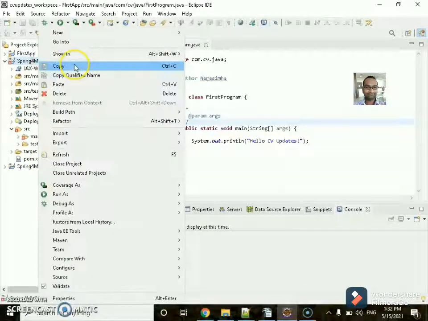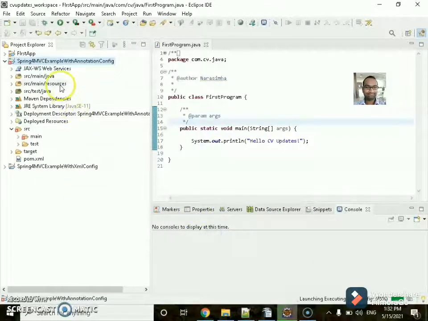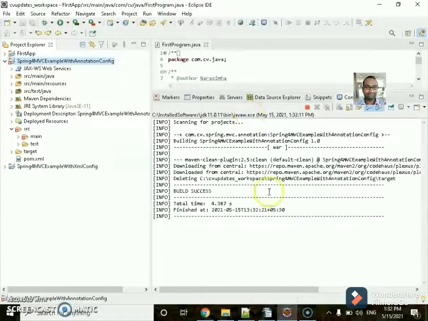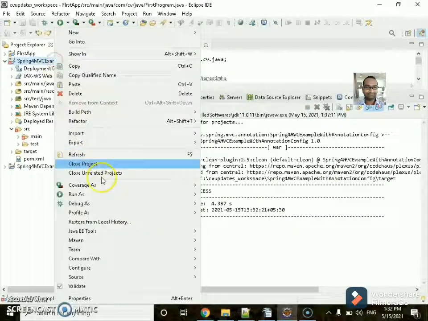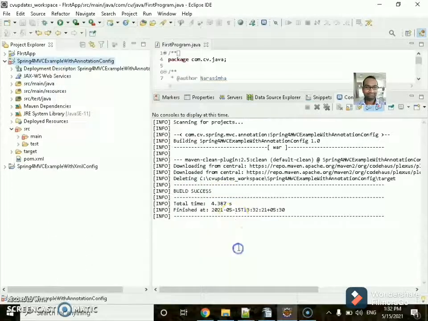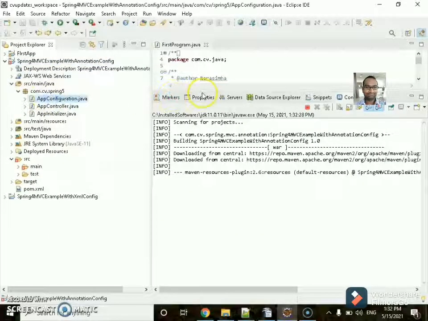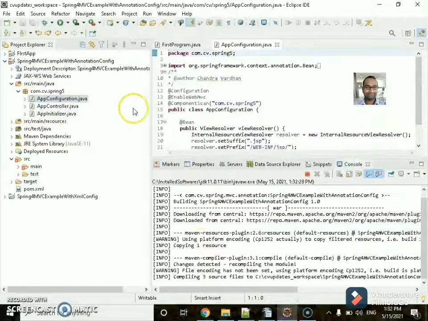I'm right clicking on the project, clicking on run as Maven clean. So clean is successful. Run as Maven install. So this is an annotation based one.